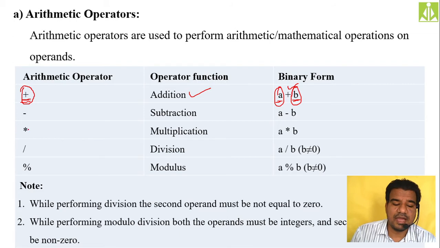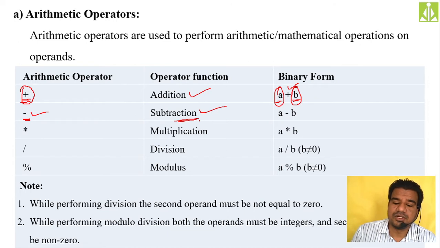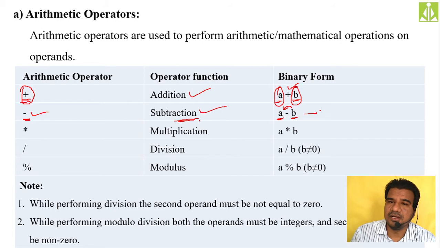Okay, so then we have the minus symbol. This minus symbol is the subtraction operation, and it is also a binary operator. So over here, when we take this minus operator in between two operands a and b, what will happen? b's content will be subtracted from a's content. You have to remember this one. So finally you will get the result, whatever final value we get after performing this operation, and it is also a binary operation.